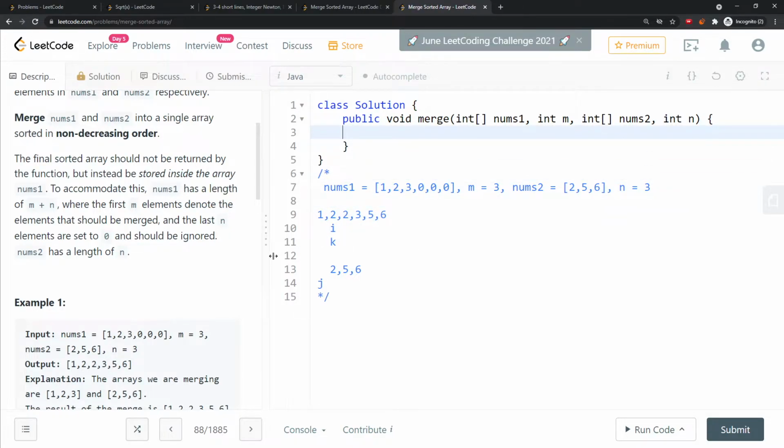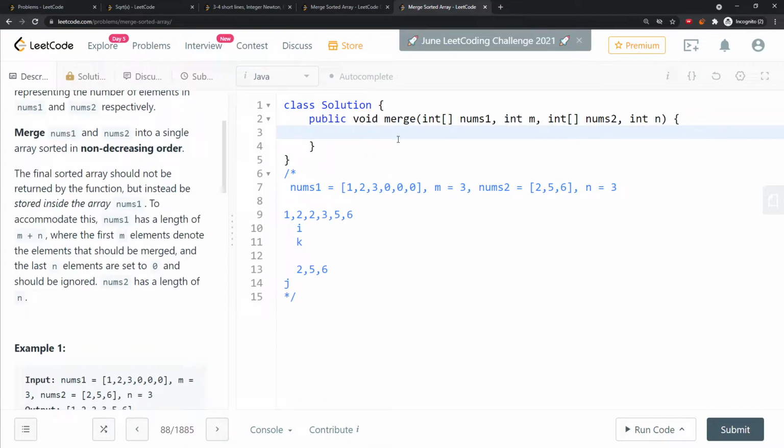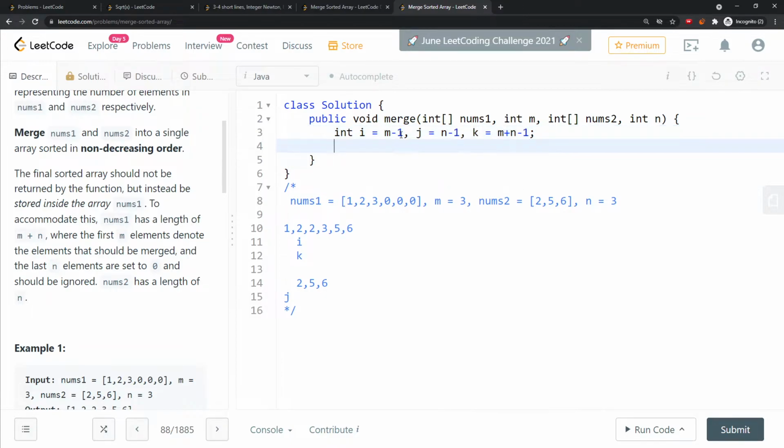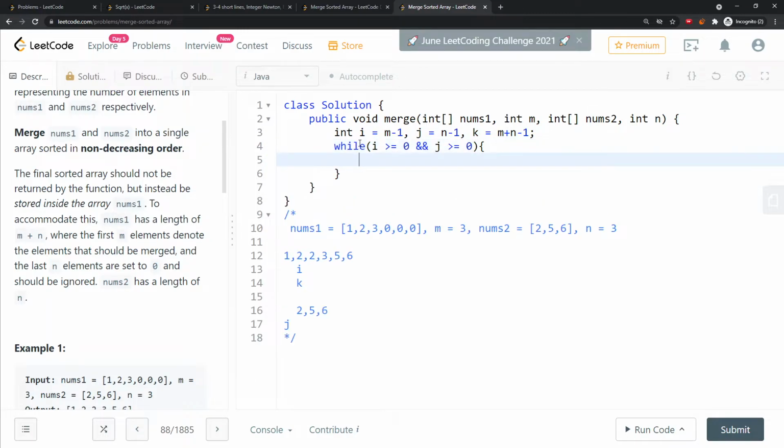Okay, let's do this. It's pretty simple, straightforward. i equal to m minus 1, j equal to n minus 1, and then k will become m plus n minus 1, right? I mean, you can just look at the index and do the math. Now, what you should do is, while i is greater or equal to 0 and, okay, sorry, j is greater or equal to 0, then you can keep